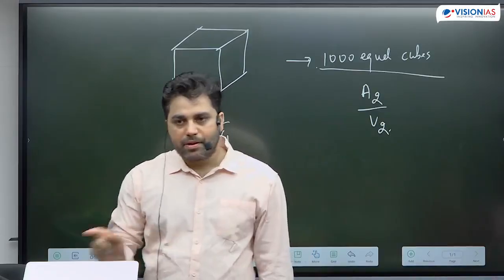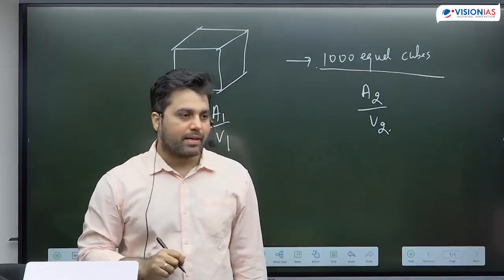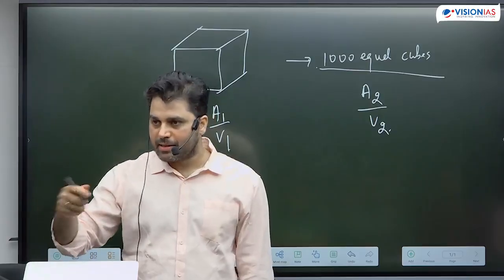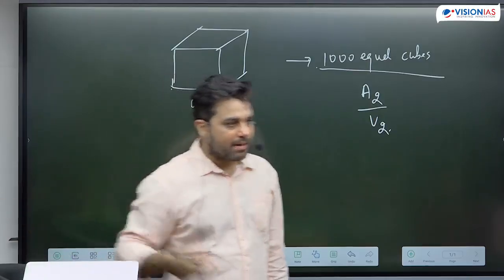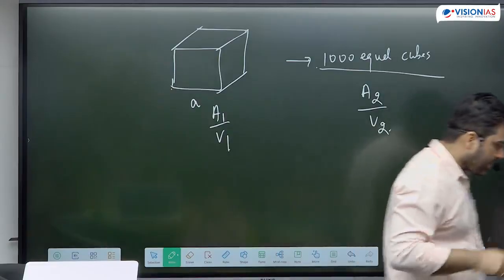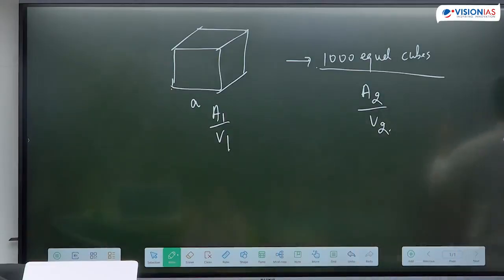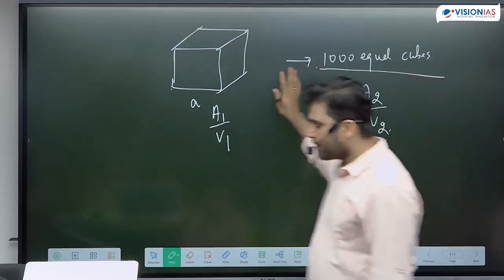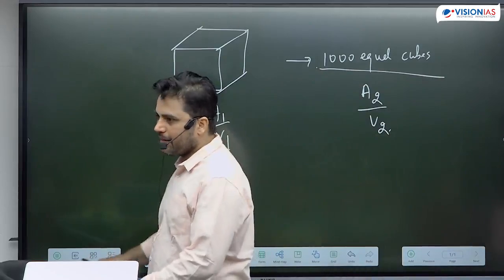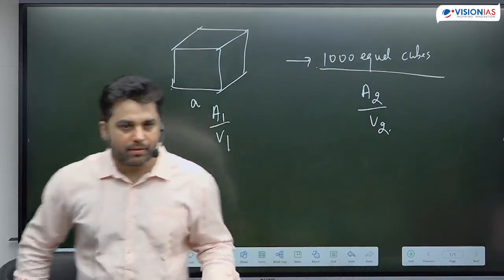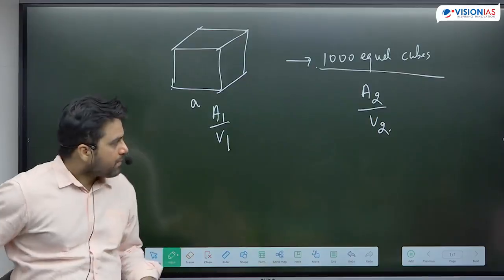Check whether this ratio remains the same, increases or decreases, and if it increases or decreases, how many times. So I am giving you a problem here. I will give you 2 minutes to solve it. Let me repeat this problem. I started with a cube with dimension A. A can be anything, 1 centimeter, 1 meter, whatever you want to assume.